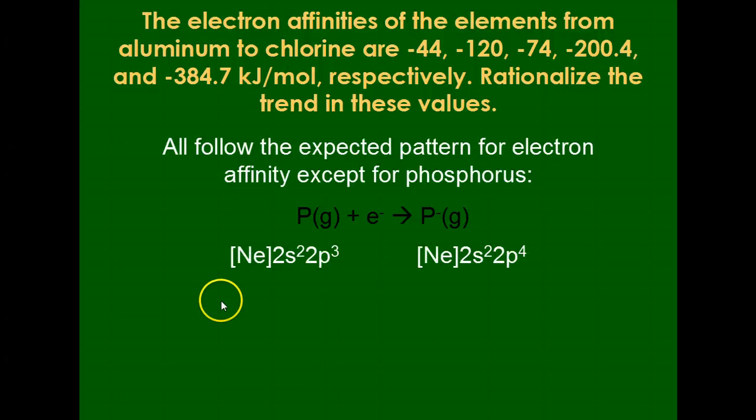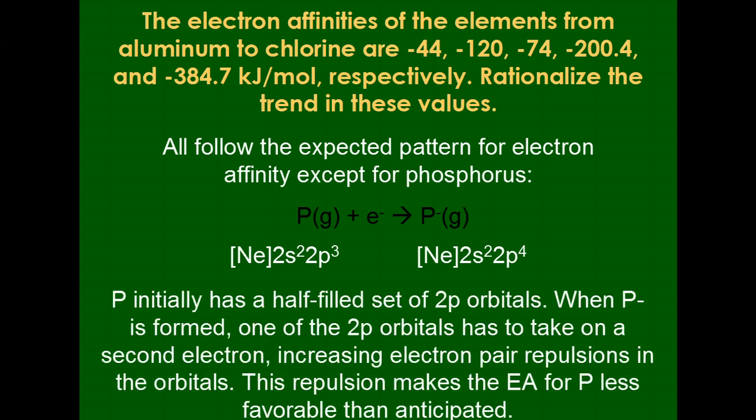We see that phosphorus goes from having the noble gas equivalent of neon, 3s2 3p3, and when it gains that electron as part of the affinity, it goes from being that half-filled sublevel to having a second electron in one of its 3 orbitals. Remember that electrons have the same charge, and therefore they repel each other. And by adding on that 4th electron, the repulsions that are taking place in those orbitals are going to increase. As a result,